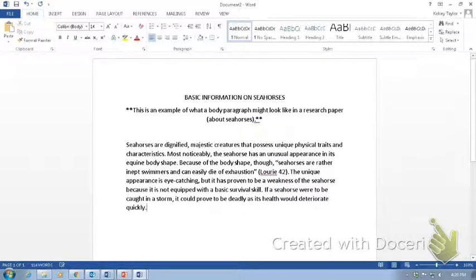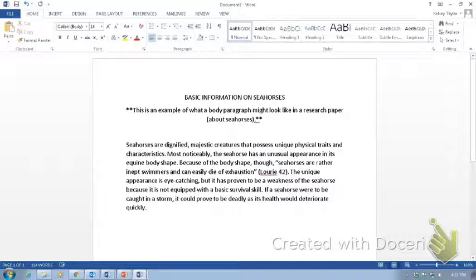So what I'm doing is I'm talking about how seahorses are rather inept swimmers because of their unusual appearance. So because of their body shape and size and all of that, they're not very good swimmers. And what's the effect of that? So I'm really taking that analysis a little bit further. And that's what I want to see after your direct quotes and paraphrases. But remember, you don't have a lot of paraphrases if you have any. I'm not requiring that you have any at all. Okay, so